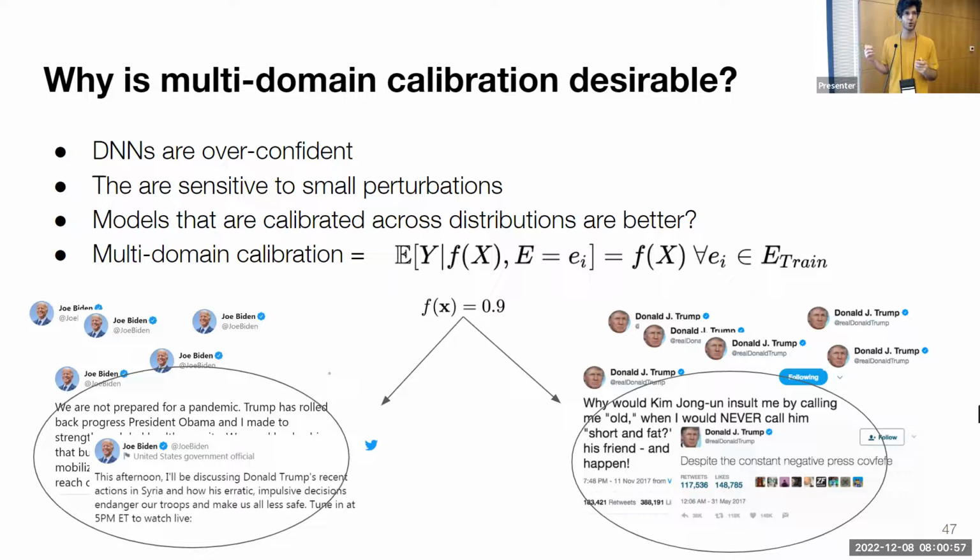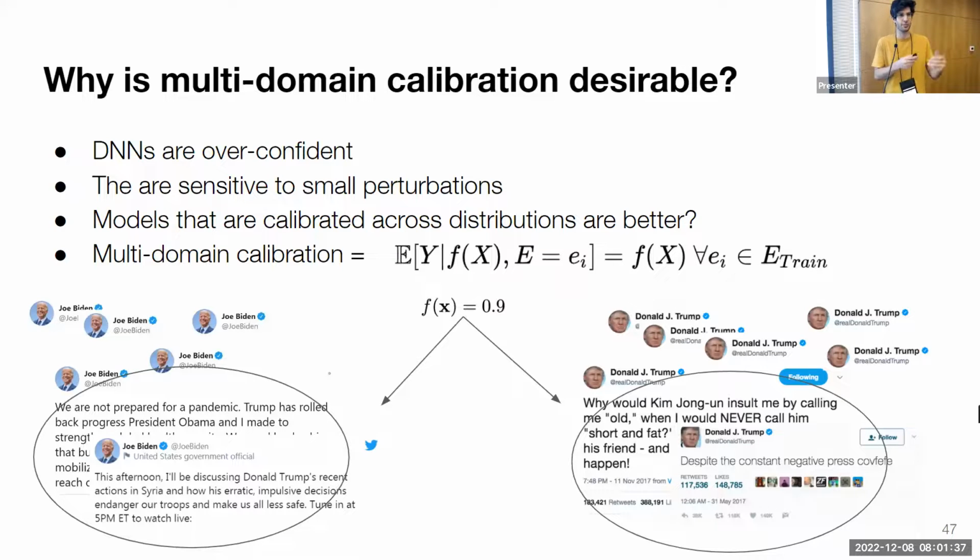We have a very difficult objective, trying to remove this type of information from our representation. One thing that we can do is instead of thinking about this bi-level optimization, we can just think about calibration across our domains. So one way of thinking about why this is desirable, why would we end up with this type of solution? We all know that deep neural network classifiers in NLP that are fine-tuned are very overconfident, and that very small perturbations to test examples could lead to very different predictions. And